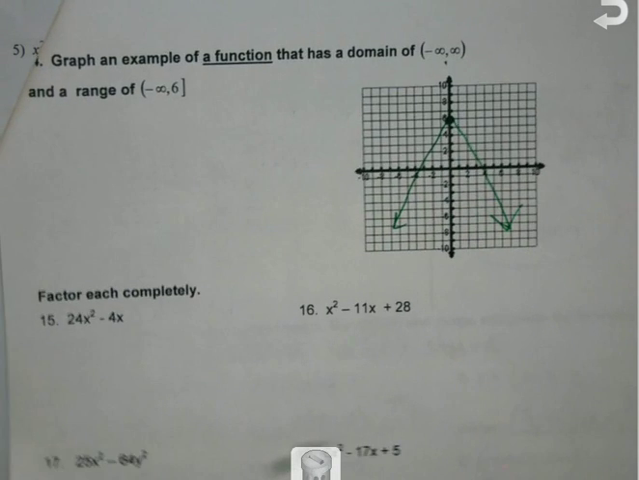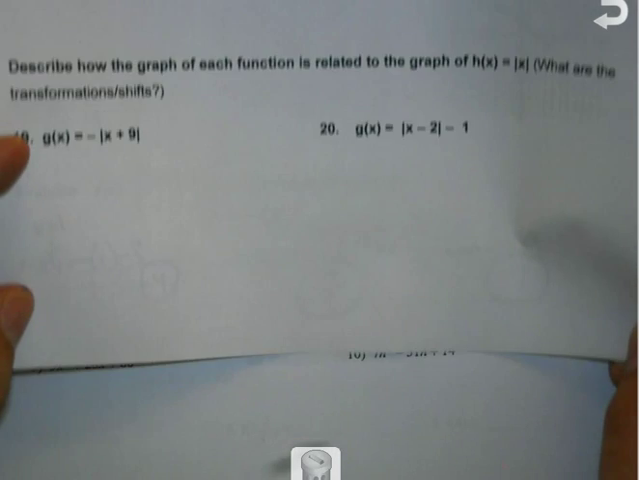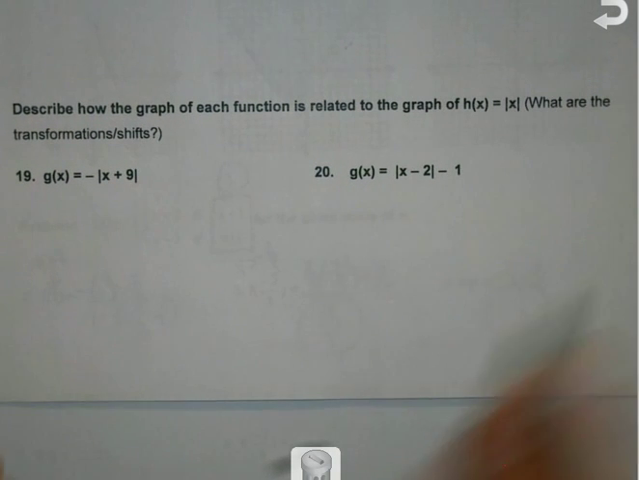Now, I'm going to go in a weird order for a minute. So trust me on this. I'm going to go down to 19 and 20 and come back up. Describe how the graph of each function is related to the graph of h of x equals the absolute value of x. In other words, what are the transformations? What are the shifts? Remember,